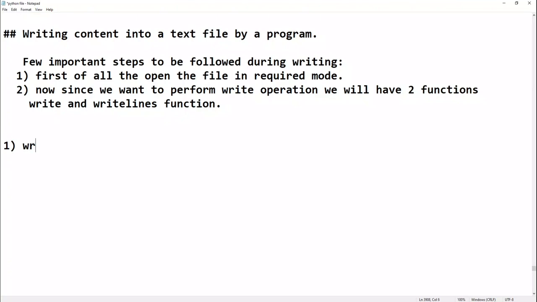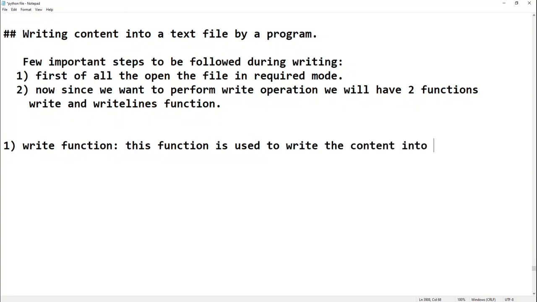Super easy. The write function. As the name says, this function is used to write content into a file. That's it, a simple definition.